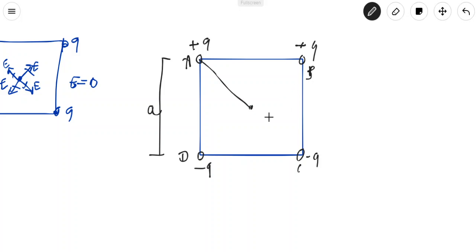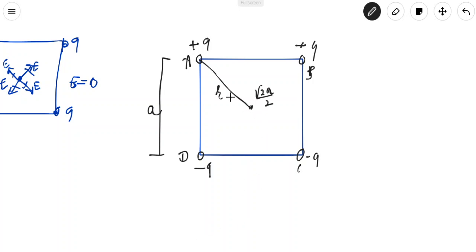To understand that, suppose we draw a diagonal, then this is a right angle triangle, and according to Pythagoras theorem, if one side is A, another A, then the hypotenuse will be root 2a. This will be the hypotenuse, this length AC. But we are interested in finding the half length, then this length is root 2a by 2. Say this is the distance r, which is root 2a by 2. This is common sense, so I will not go very deep in this, because you can identify this is the distance.